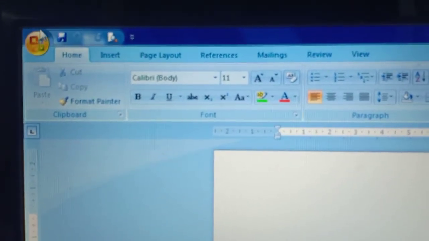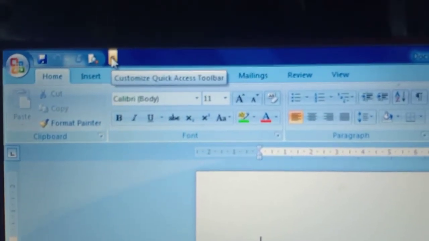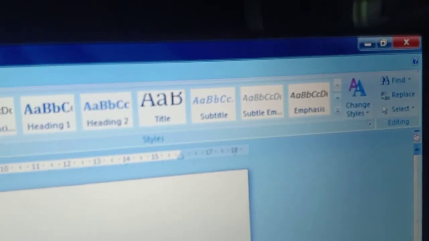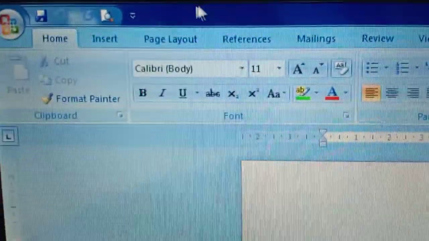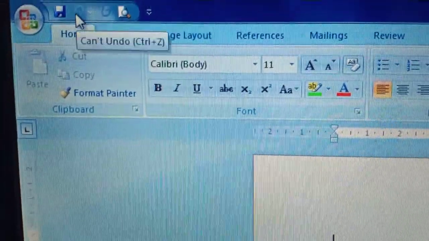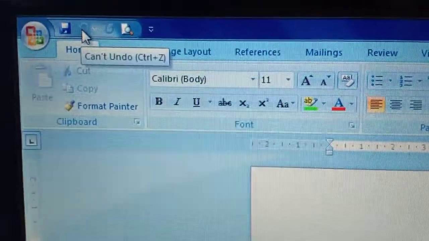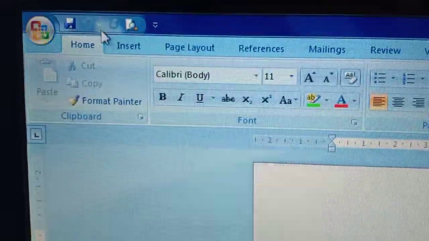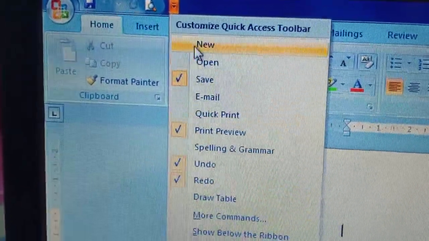And here in the left side of the title bar, this one is present. This is called quick access toolbar. On the title bar in the left side, quick access toolbar is present, and on the right side the three control buttons are present. The quick access toolbar consists of the shortcuts, means the commonly used commands like save, undo, redo, print preview, repeat typing. You can customize this quick access toolbar from this menu.